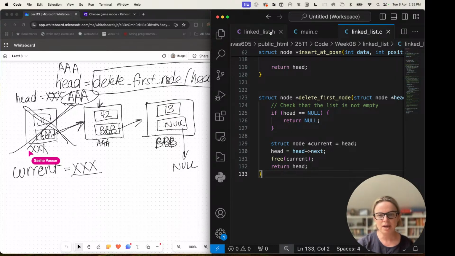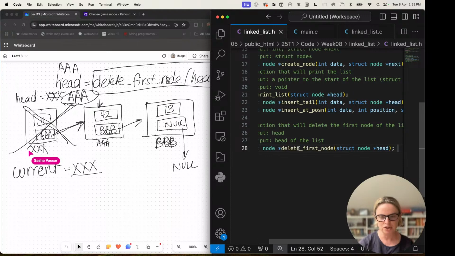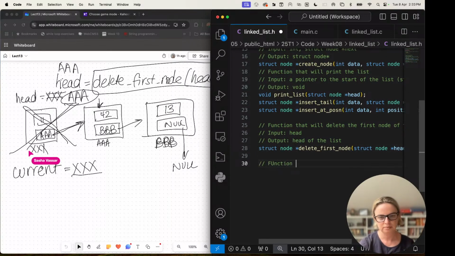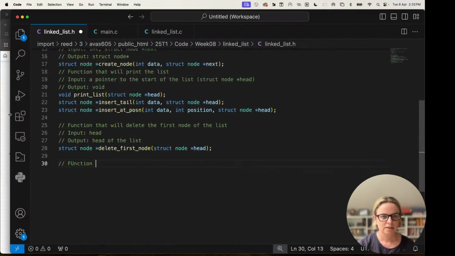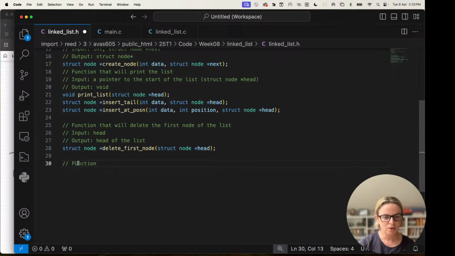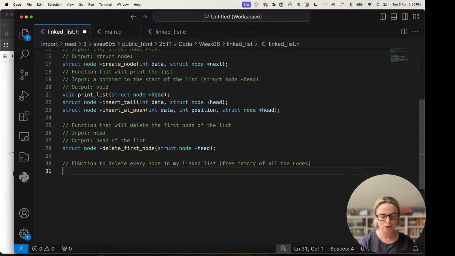Okay, so what happens if I want a function now? Let's expand this again. And I want a function to delete every node in my linked list. Okay, so that means I'm going to free all the memory of all the nodes. So I'm going to have a while loop that's going to pulse through my linked list, and it's going to keep deleting